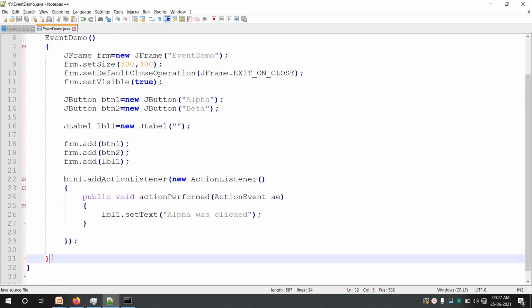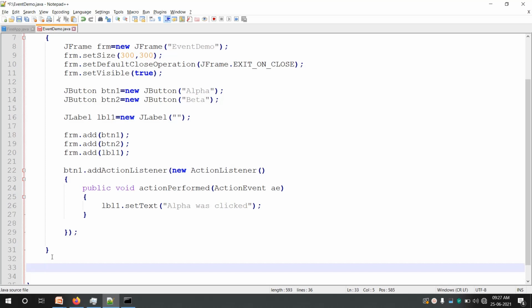So outside the constructor we will declare a main method, public static void main, String args.